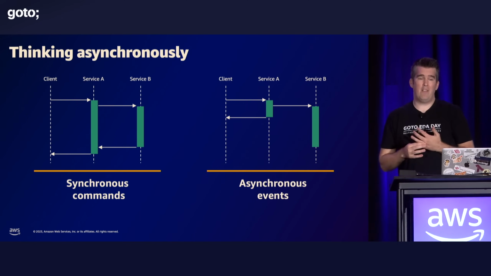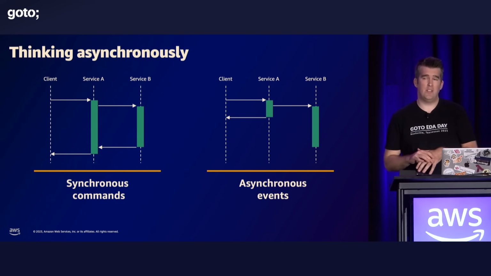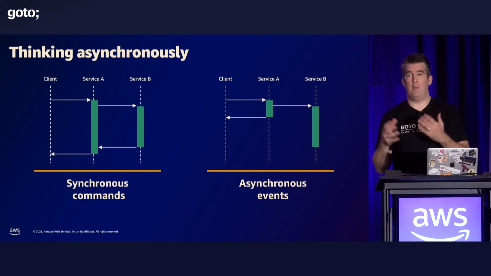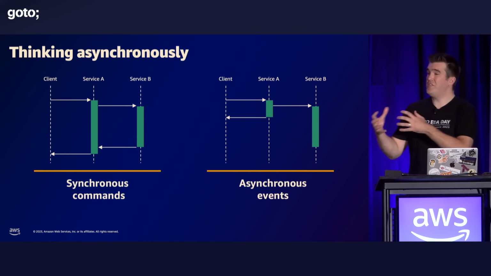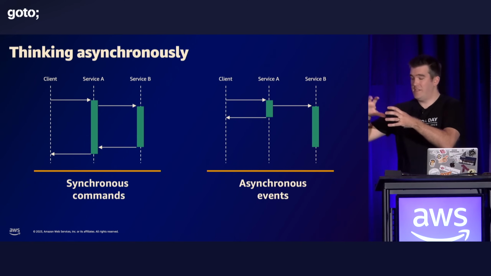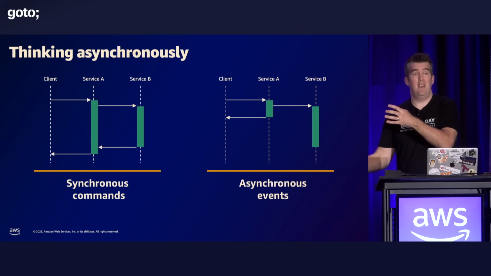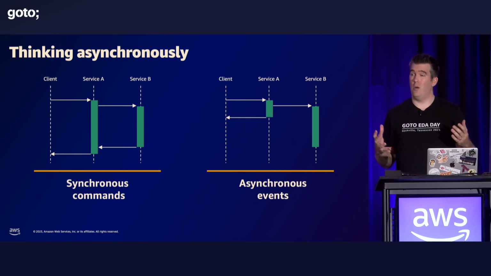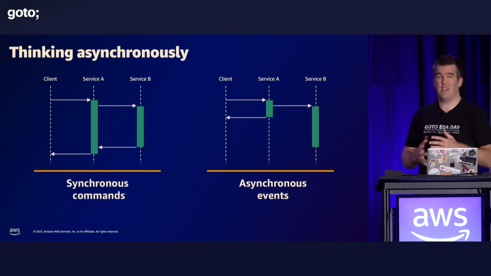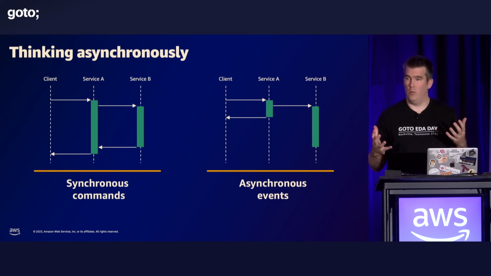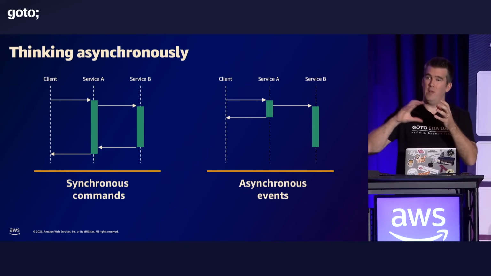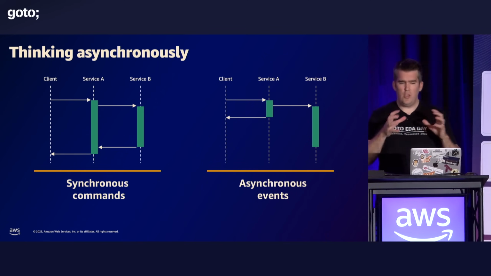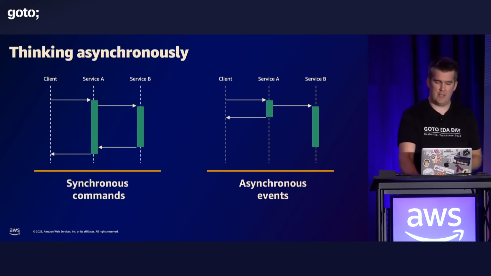Now here on the right, we have asynchronous events. An example would be when you place the order of the pizza, of the pineapple, for example. We don't have to stay around and wait for this. This whole process happens asynchronously, and someone will come and deliver the pizza in the future. If you map this into real-world examples, asynchronous events are everywhere. We live in an asynchronous world, and often we need to map these things into our architecture. So you will have synchronous and asynchronous things going on.